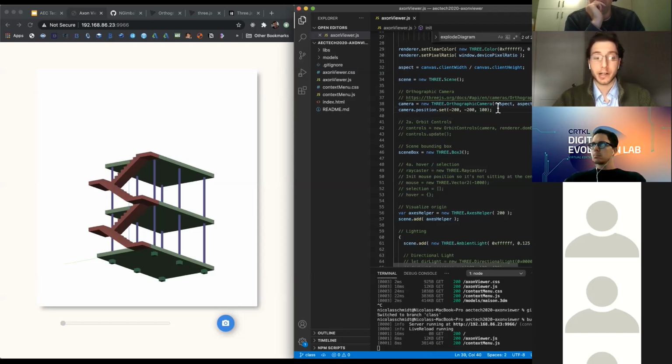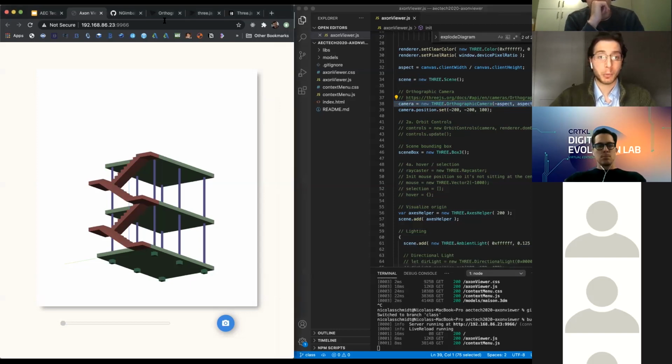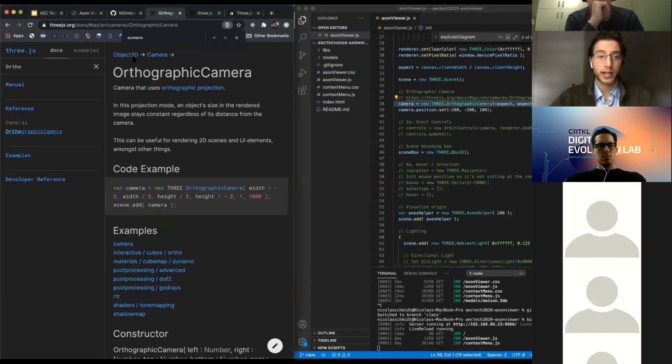I love axons, and some of the impetus for this project that I started a while ago was just some beautiful axonometric diagrams that we've all seen from mid-century modernists and et cetera. So it's actually really interesting to us as architects, the way that the orthographic camera versus a perspective camera works. So I just wanted to switch over and take a second to show you guys the Three.js